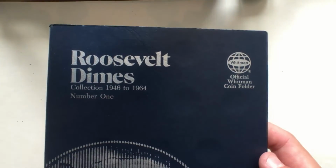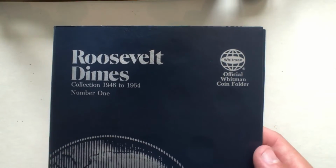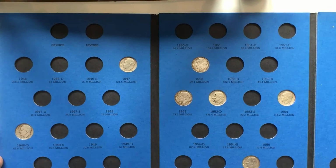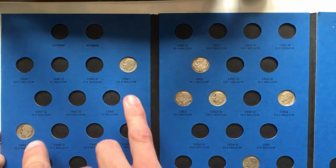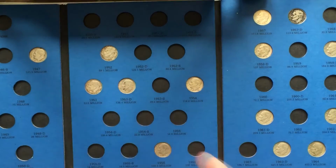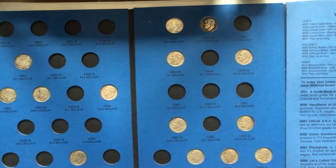Here we have a Roosevelt dimes collection going from 1946 to 1964, and this is actually the only period that the Roosevelt dimes were silver, so this is a complete collection if I can fill it out. Now I don't have a whole lot in here, just a few. As you can see, we got, I don't know, 5 on this page, a lot more on that last page,